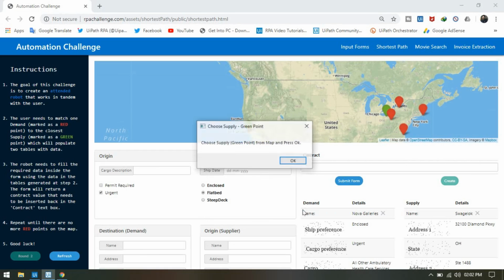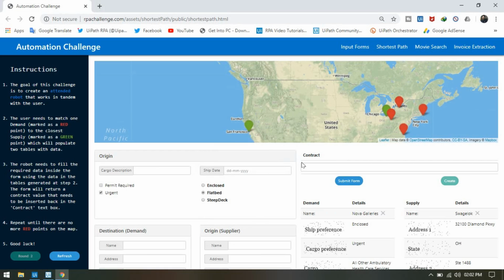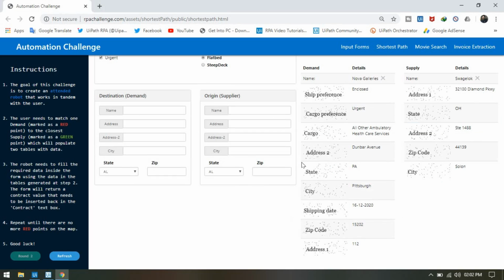When I was trying to capture all these details, these labels like seat preference and cargo preference, I was facing some issue, but somehow I fixed it in that project, and now I am able to capture all these details.